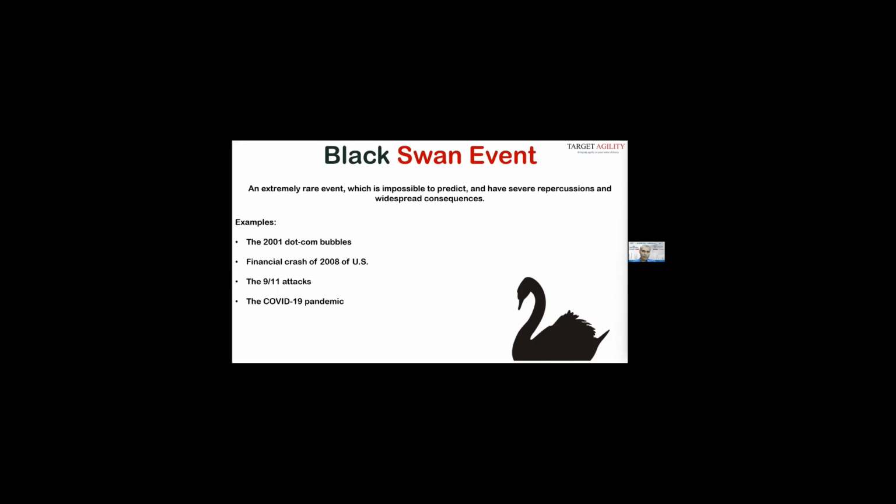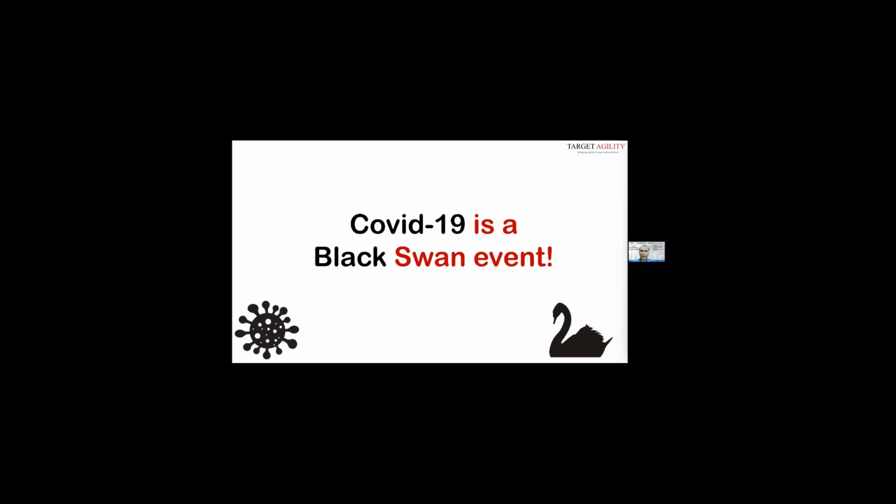In the last couple of decades itself, we have seen the 2001 dot-com bubble. We have seen the financial crisis in 2008, the 9/11 attacks, and even right now, we have COVID-19. It's a very big Black Swan event. It has affected everything. It has affected every way we were seeing our life. It has created disruption across boundaries, across territories. Millions of lives have gone, and it has disrupted how our organizations work, our productivity, and our way of living has completely changed.